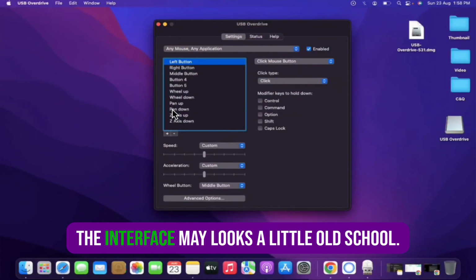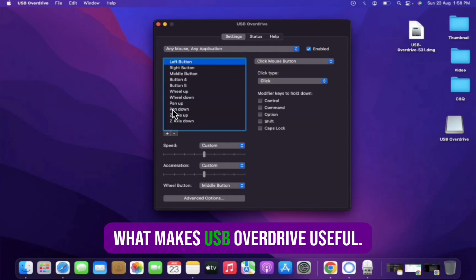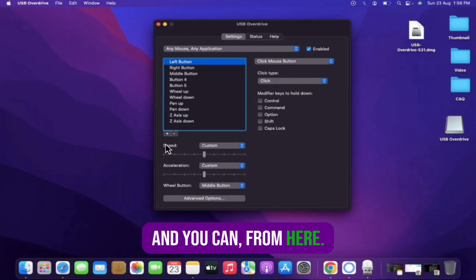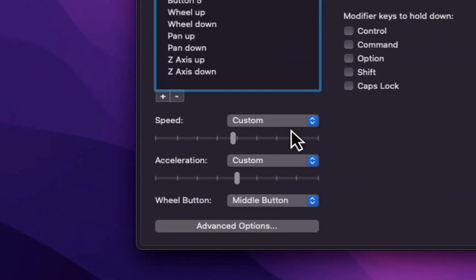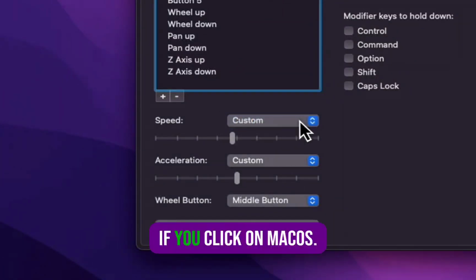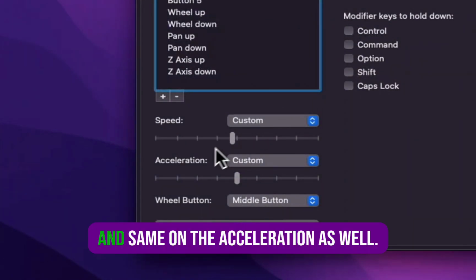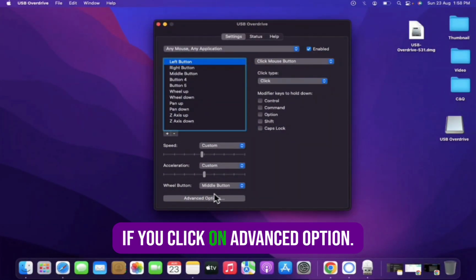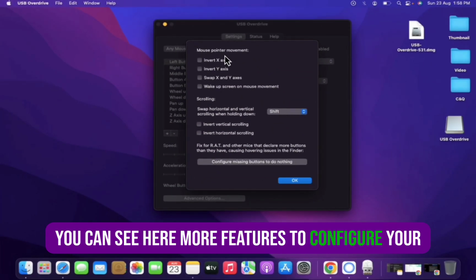The interface may look a little old school compared to modern Mac apps, but the functionality is what makes USB Overdrive useful. And you can from here just customize the speed of the mouse, just increase or decrease it. As you can see, it is selected custom. If you click on macOS, it will give you the macOS default setting, and same on the acceleration as well, and wheel button control. If you click on advanced option, you can see here more features to configure your mouse,